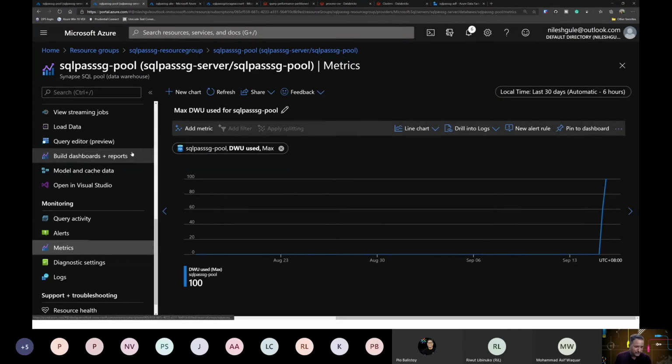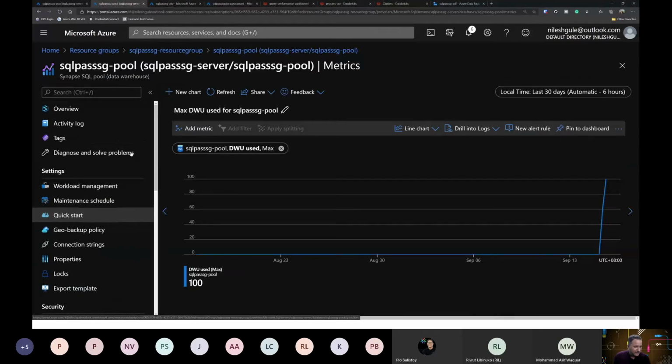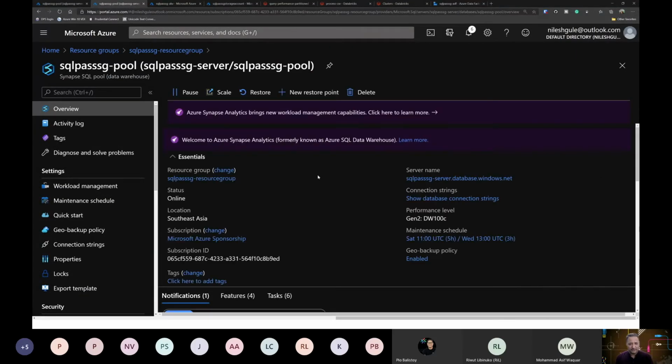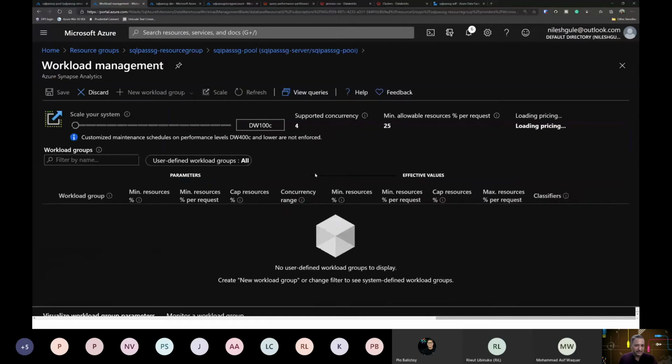Another good feature of this is we can also pause the SQL data warehouse. So you can see here that there is a pause option. Because the compute and the storage are separated in SQL data warehouse, if we don't need the compute capabilities, then we can pause while the processing power is not required, and the data will still be available because the data is stored in the storage account. We can also scale this. So let's say I started with initially 100 or 200 data warehouse units. I can scale it to a higher value here.